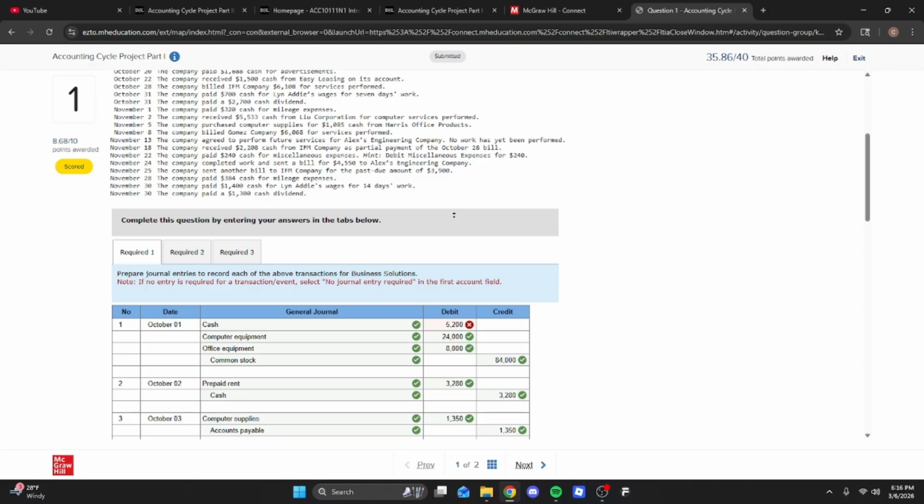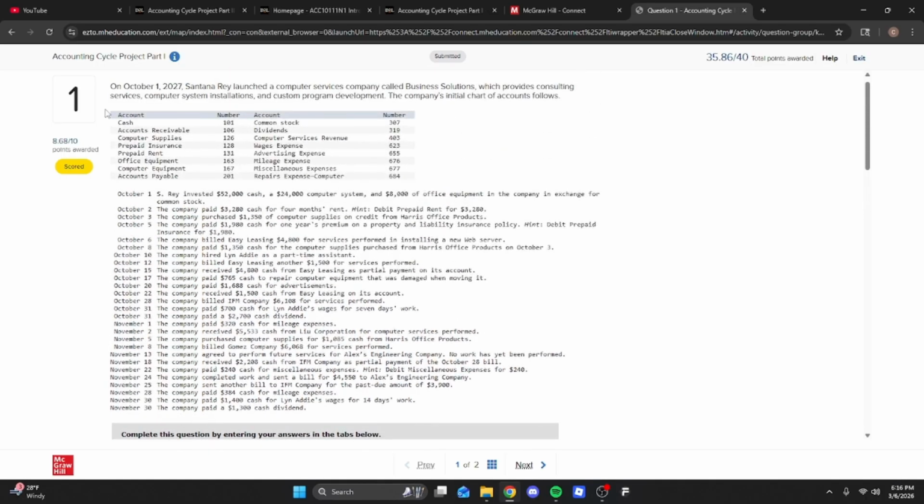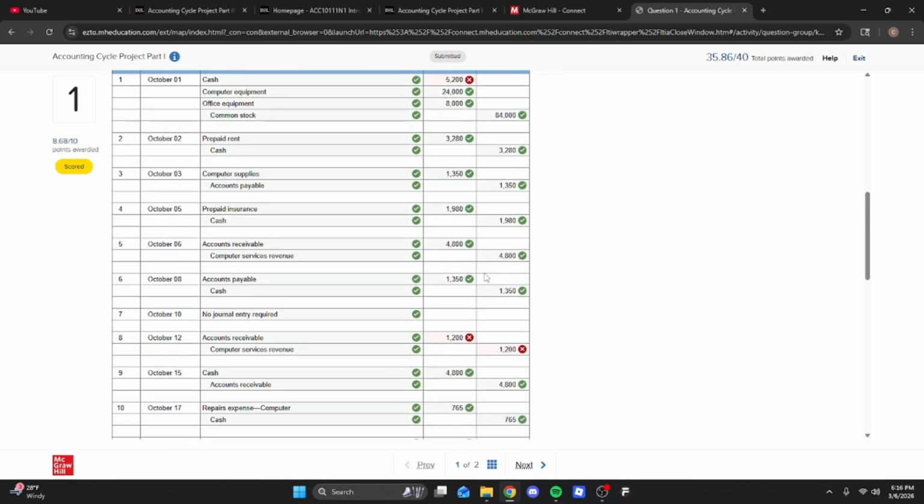So we take all of the different information that we have up here, which is our accounts and their numbers. We take all of these different transactions and we put them into this giant journal which collects each of them by their own separate date. So we wouldn't put this accounts receivable on the 10th, the 8th, the 15th